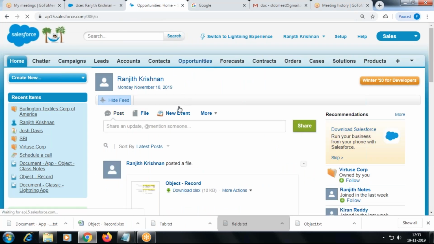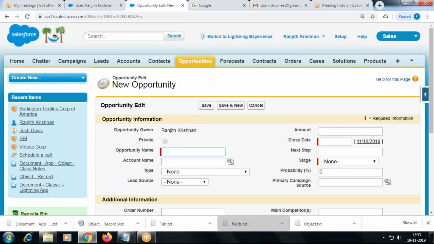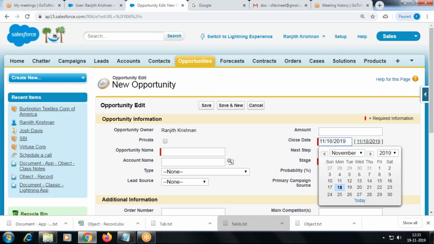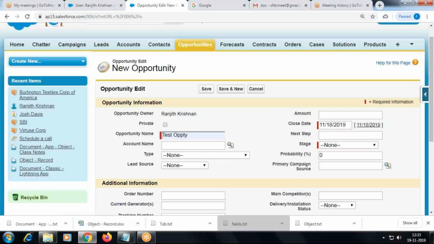I go to opportunity. What type of field is this? Date. What is this? Text. Okay, so text, date.